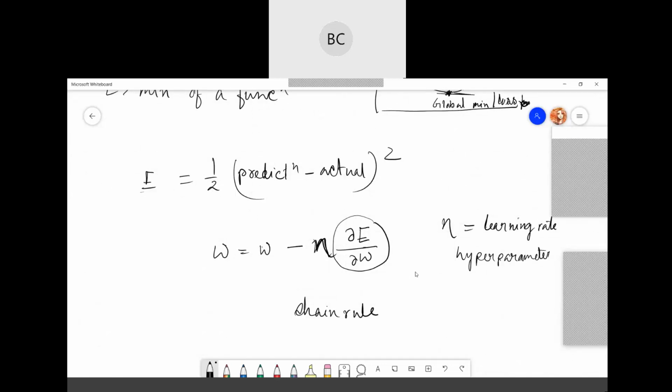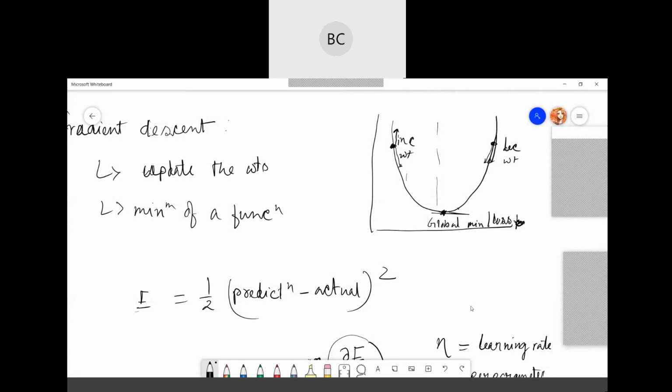Why is the learning rate important? If your learning rate is too small, that means very small updates will be made, and it will require many updates before reaching your minimum point. Now, if your learning rate is too high, the optimal learning rate swiftly reaches the minimum point. That means it might not study or learn all the things. So we have to choose a learning rate just the right amount so that it swiftly comes down but